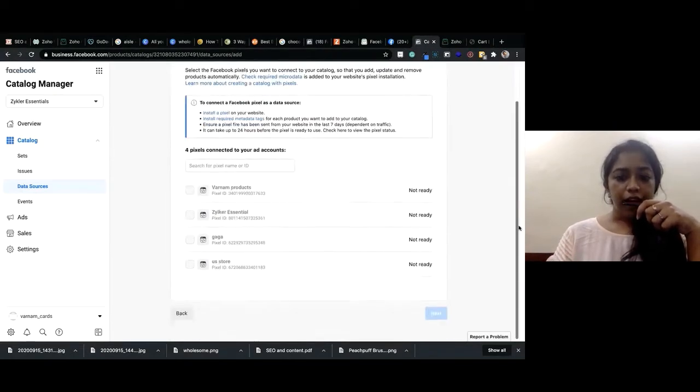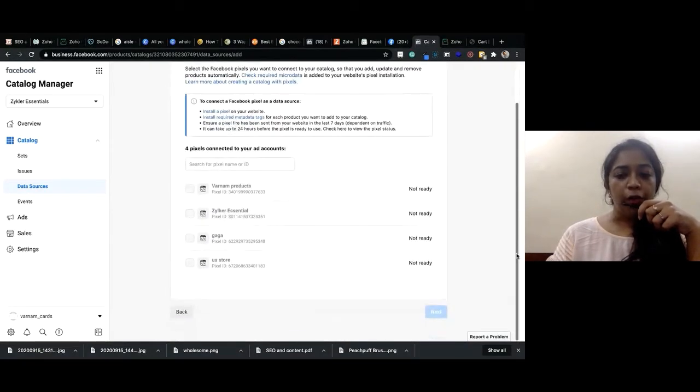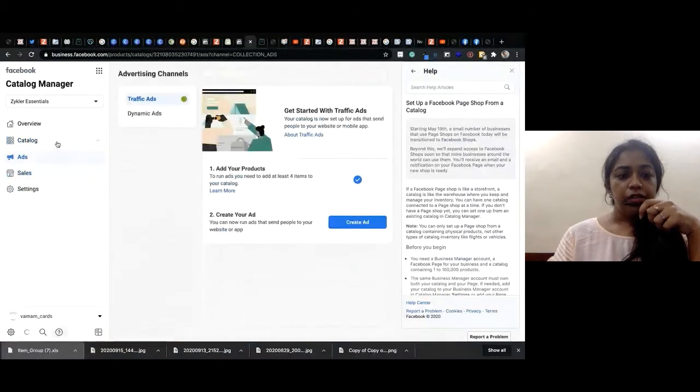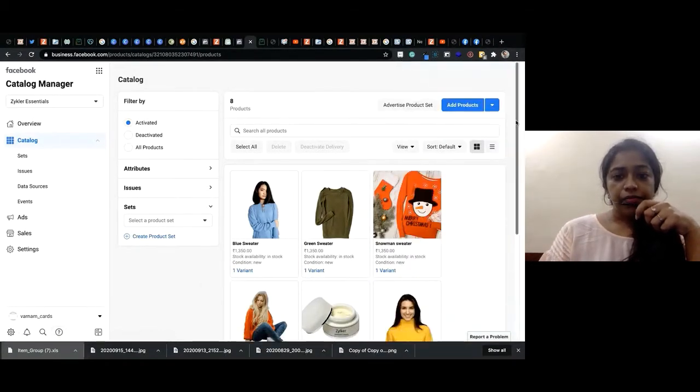Once you get the ready status, you can go in and find all of your products under catalog. So this is how you will find them.